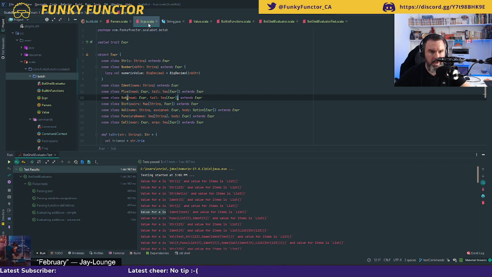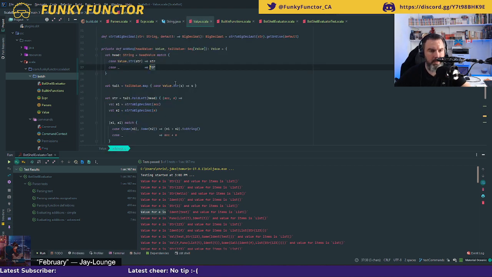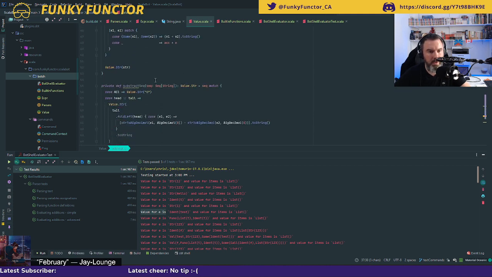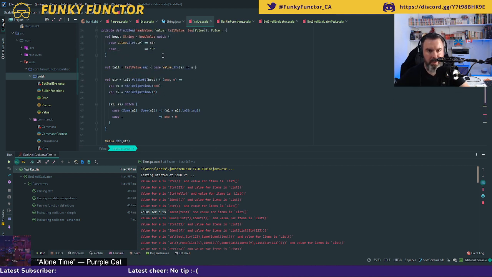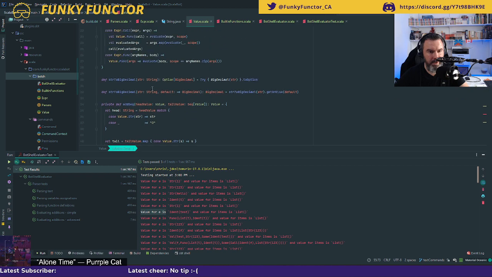Okay, so now when I want to evaluate this, I've got these values here. So, subtract sequence. Now I don't have just a sequence. I have a head, which is going to be a value, same thing as before. And I have a tail, which could be empty, but I don't really care about this. So I don't have this thing anymore. I'm going to do the same thing as I did for my addition.